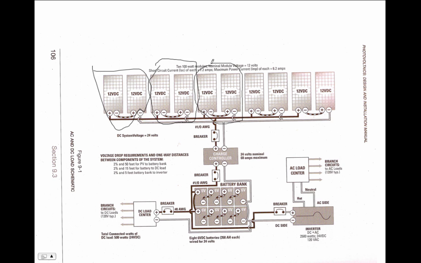Okay. And so you look at this group of 2 has a plus and a minus here, and the plus of this group of 2 is connected to the plus of that group of 2. And then minus of this group of 2 is connected to the minus of that group of 2, all the way across. So that when you come down here, you have 2 wires that will have 24 volts across them, and 1, 2, 3, 4, 5, 1, 2, 3, 4, 5 times